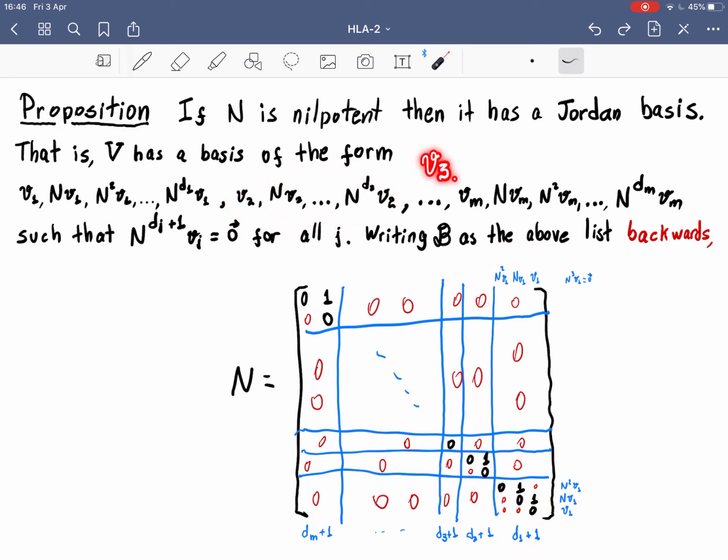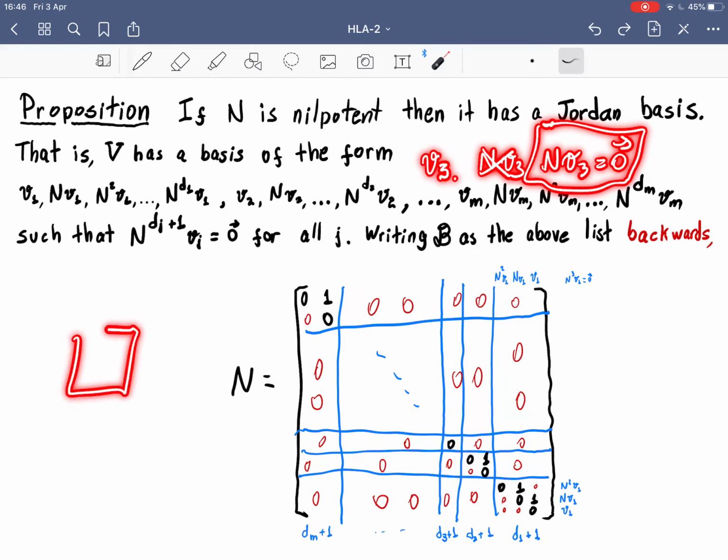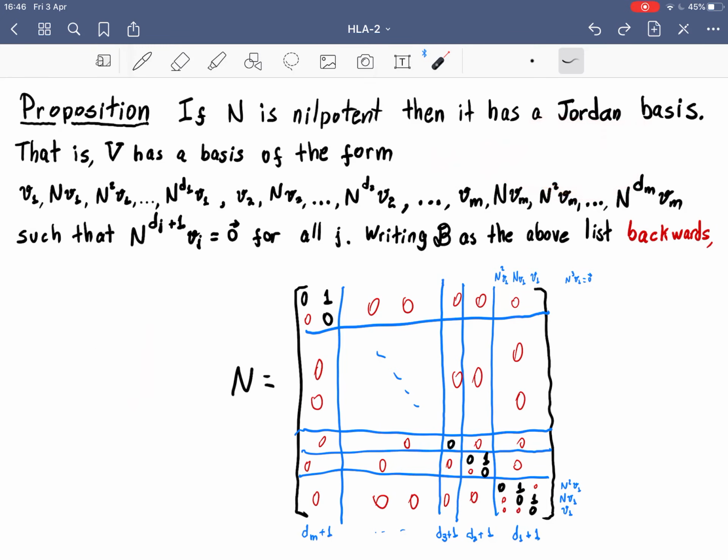You have v3, but you don't have n v3. You don't have it because maybe n v3 equals 0. So you can have this very simple block, yeah? This is a 1 by 1 block with a 0 in it. It's a Jordan block, yeah? Because it has 0 on the diagonal and 1 just above it, except just above it does not exist here. So here's a 0 alone, and you have many of these until the last one here,